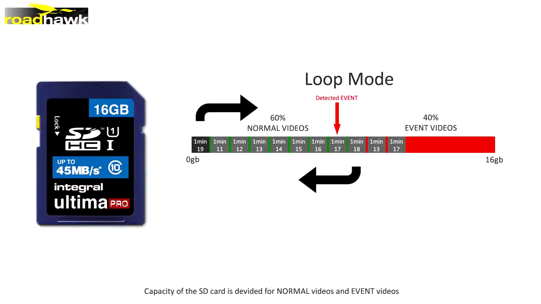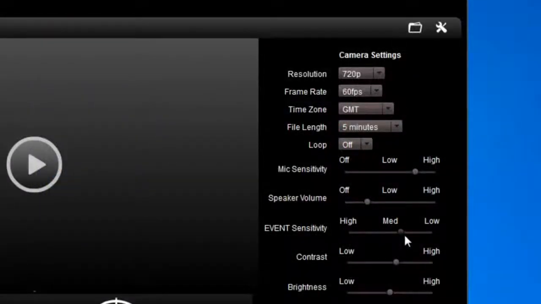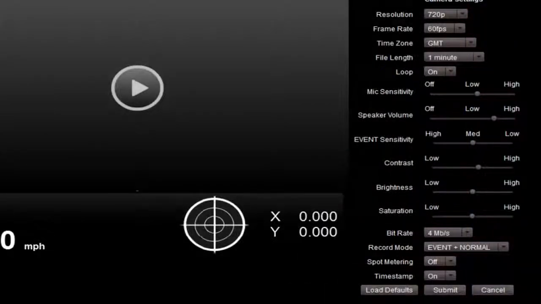After some time, the event portion of the SD card will also become full. At this point, it will also overwrite the earliest event files. If your camera is making a lot of events each day, you may want to adjust the event sensitivity in the software. Because of the way the camera divides the SD card into two parts, changing the record mode will